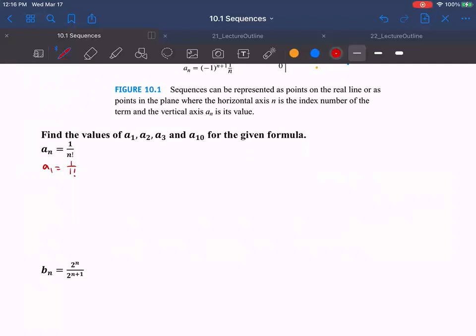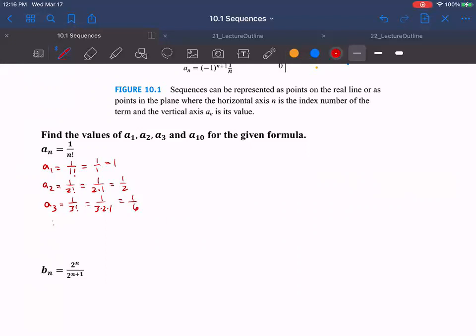So this is 1 factorial, and this is 1 over 1, which is 1. A sub 2 is 1 over 2 factorial, and that's going to be 1 over 2 times 1, which is 1 over 2. A sub 3 is 1 over 3 factorial, 1 over 3 times 2 times 1, which is 1 over 6. And then